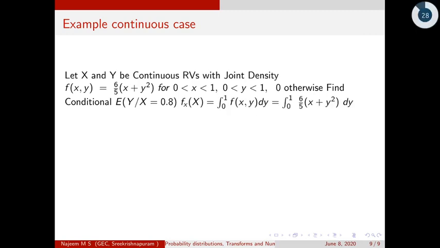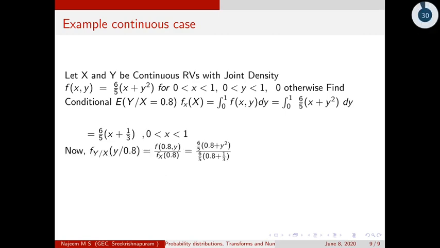That is f x of x equals integral 0 to 1 of f xy dy, equals integral 0 to 1 of 6 by 5 into x plus y square dy, that is our joint distribution. We calculate the marginal distribution of x, and it will be 6 by 5 into x plus 1 by 3,